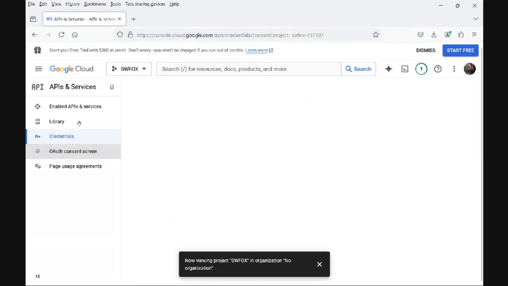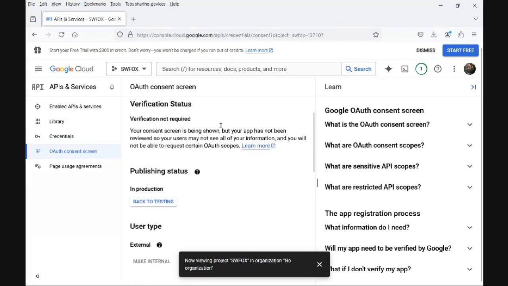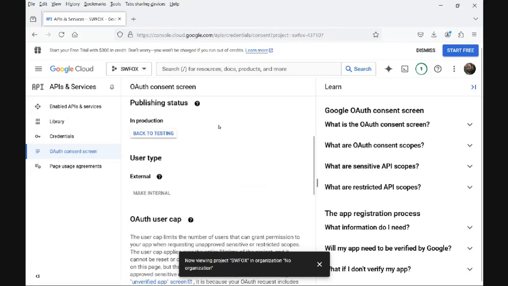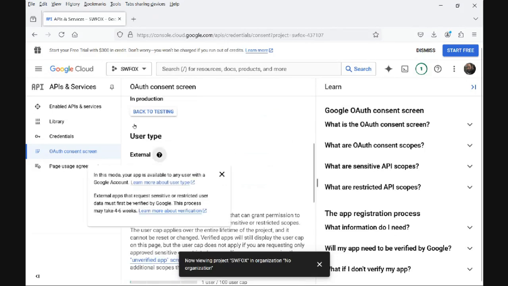I'm going to have to tell it all the information about where my consent screens are in my application, which I made up. I can publish it in test or now, and here's why the whole verified is a problem. There are two kinds of applications that you can get that you can be authorized using Google: an internal and an external. Internal means that I give a list of users in this screen here, and those are the users that can access this